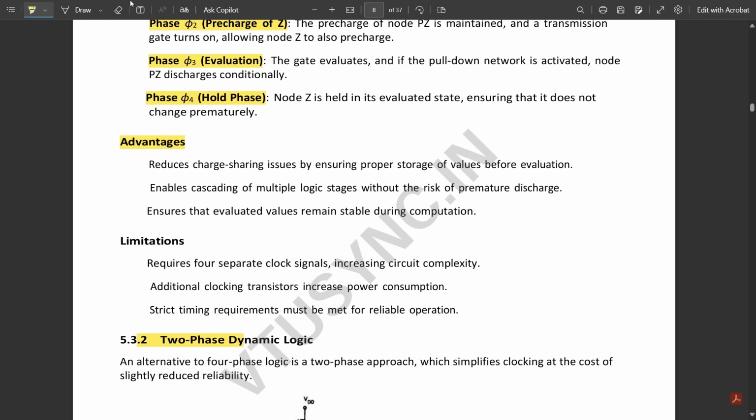So under this four phase dynamic logic, the cascading problem is solved. Next, it ensures that the evaluated values remain stable during the computation. Okay, so these are some of the advantages, and the limitations are: